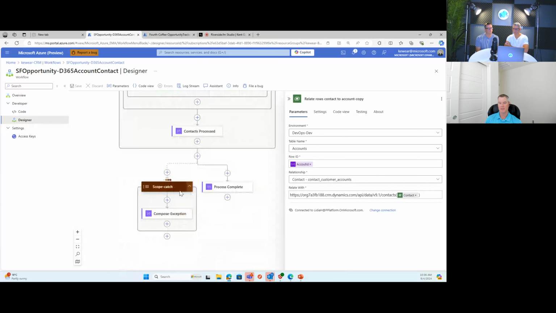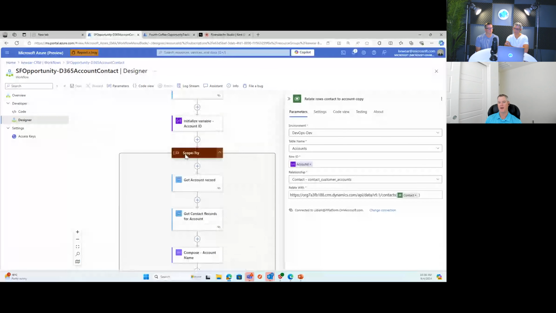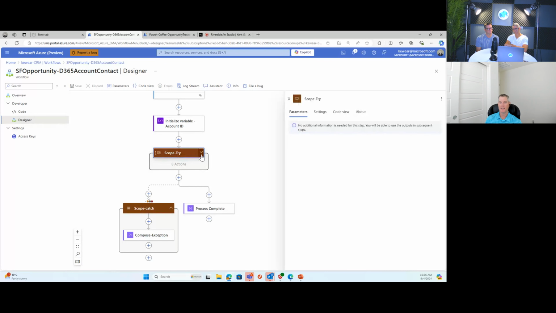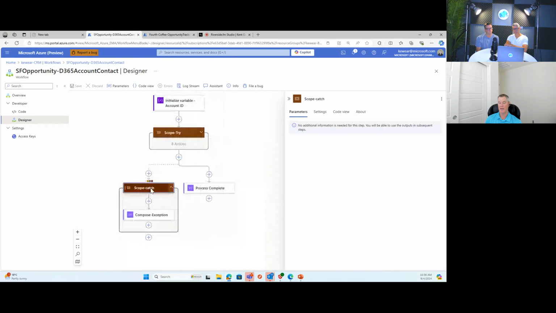And then here, these are just some exception handling. Up top, we have this notion called scopes, and they provide a couple different mechanisms. One is they can help you manage your canvas, by being able to collapse and expand your logic. But the other thing is you can look at it like your traditional programming languages where you have try and catch scopes, and you can include a bunch of different logic in your try step. And then in the event that it fails, you can have another scope that will respond to it. So you create these scopes, they're a fairly generic concept, and then you can choose its behavior.